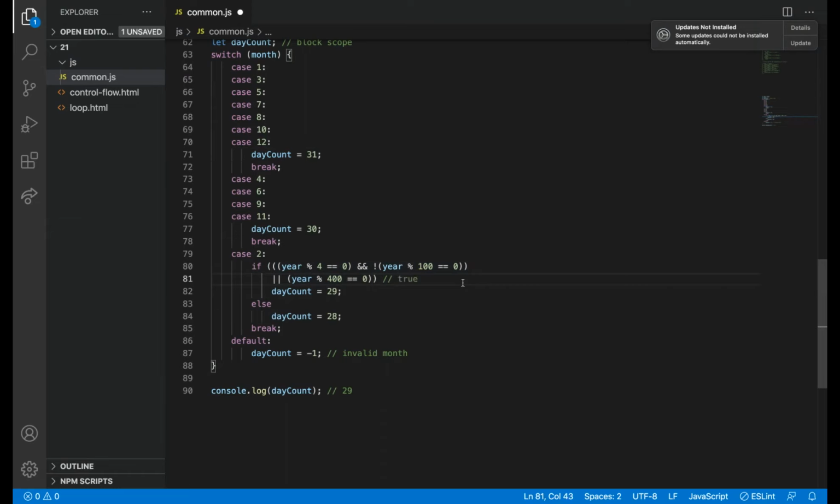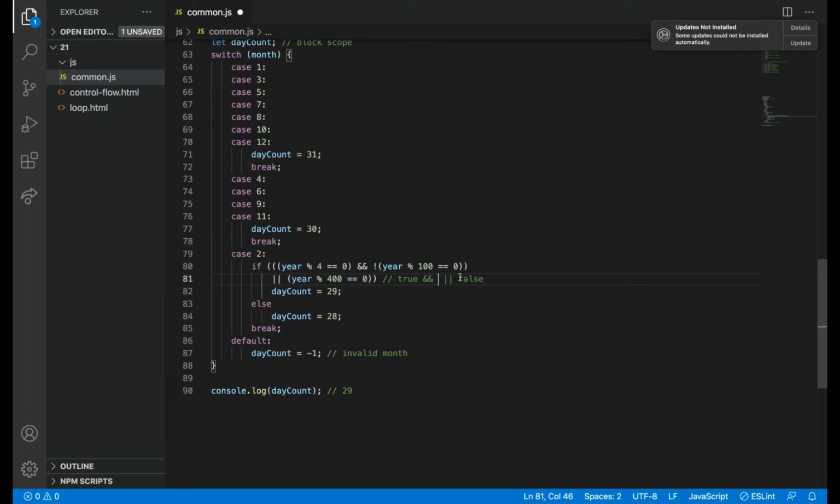True ampersand true, false. How will it execute? It will give true because both of the values are true. If it is false, it will output false because both values should be true to give the output of true, right?